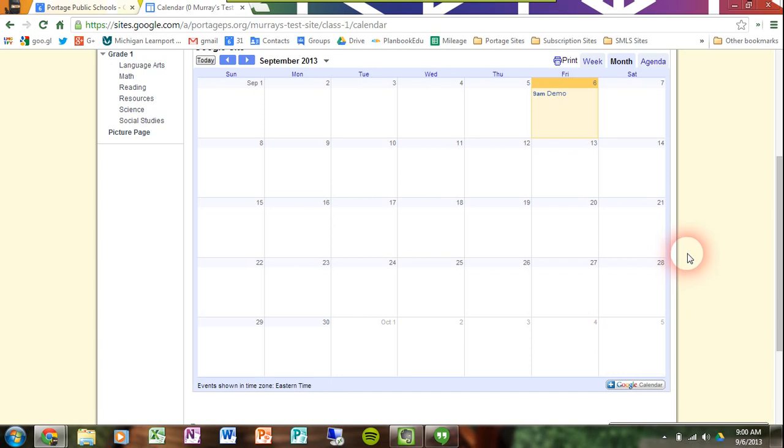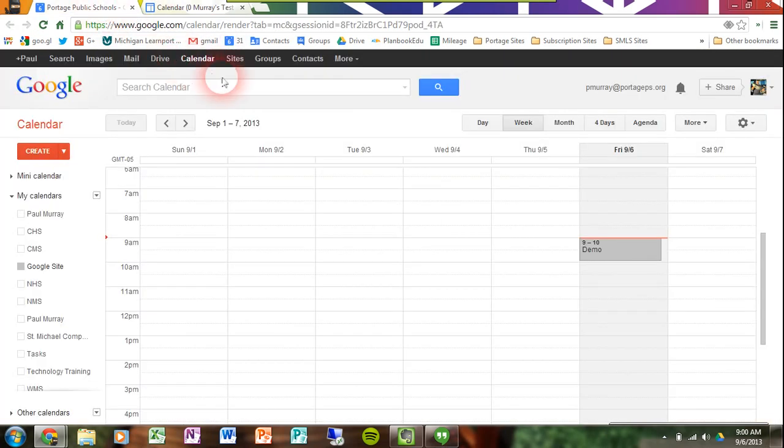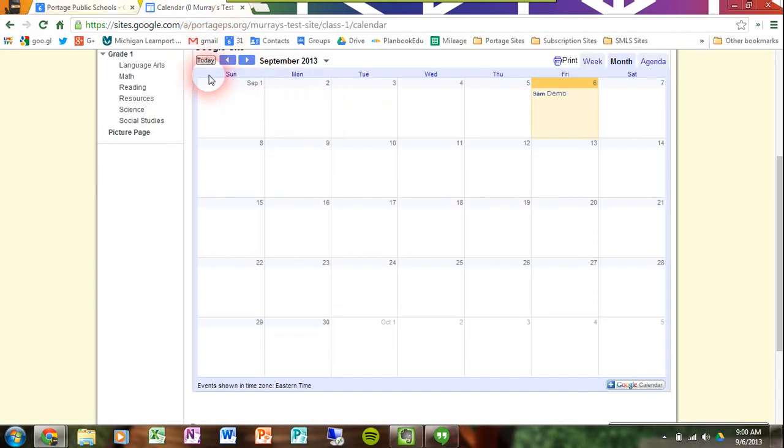There of course are other things that you can do with calendars, but that's how you get a basic calendar on your Google website. Please keep in mind that this is simply a window into your Google Calendar. It will not allow you to make edits from here. It's just for display purposes only. If I want to make edits or add events or change events on my calendar, I actually have to go back to my calendar tab, and then from there I can go ahead and make the changes that I might need,